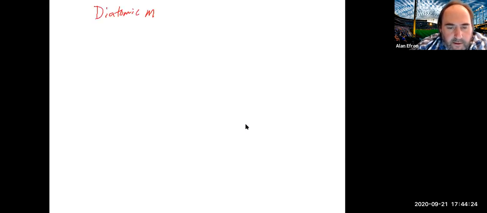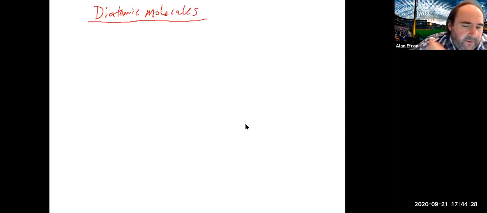So let's take a look at a couple of examples of what we're talking about. Let's talk about really the easiest ones to determine, and those are diatomic molecules. Diatomic molecules are molecules that only have 2 atoms, and they really are the easiest ones to determine whether something is polar or nonpolar. So for example, if we look at a couple that we've seen before, like F2,